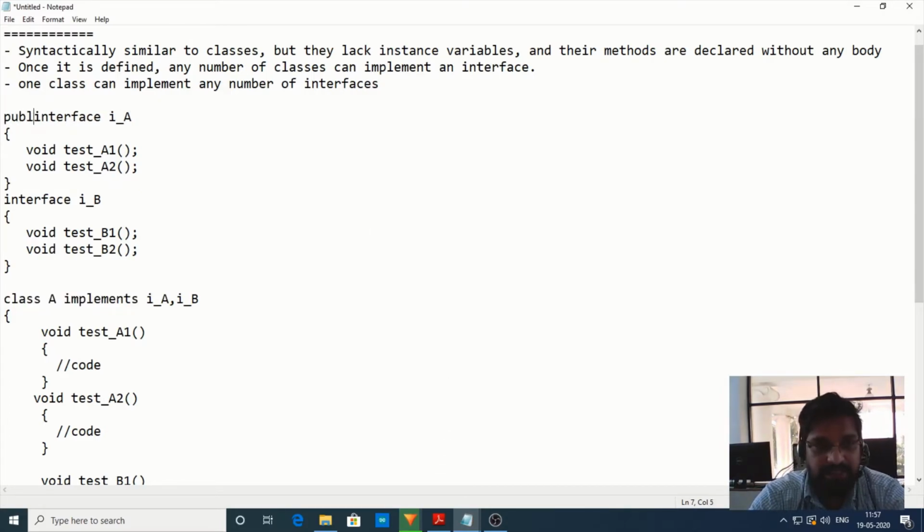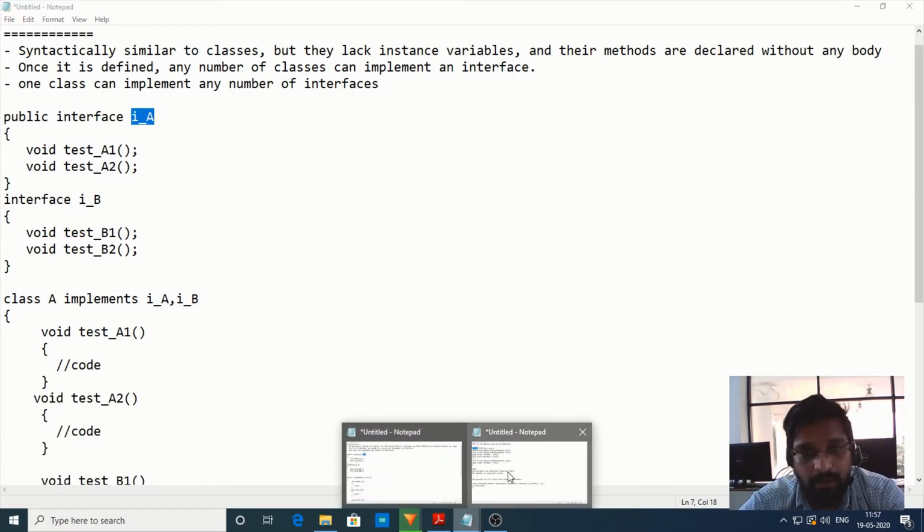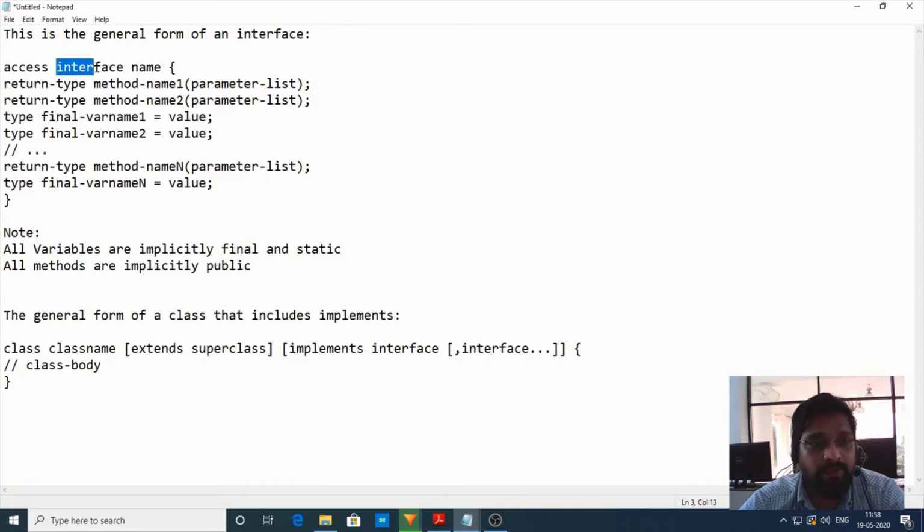Generally they make the access specifier public. When you make it public, it means that this interface is visible in other packages also, meaning different packages. Followed by the keyword interface, then the name.